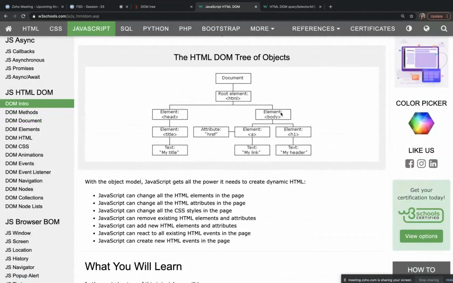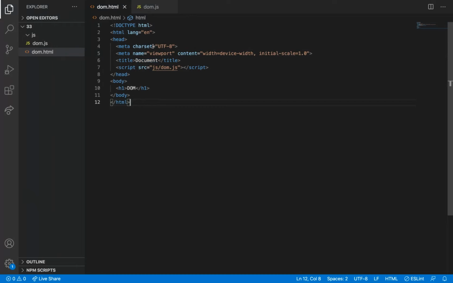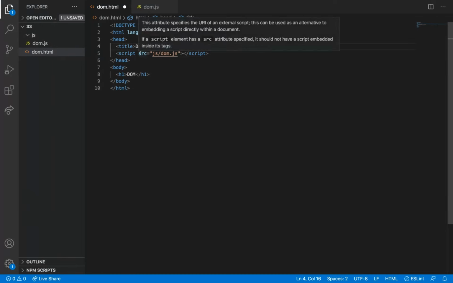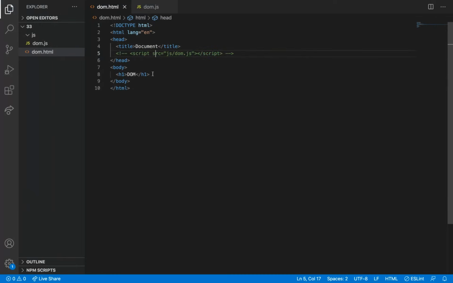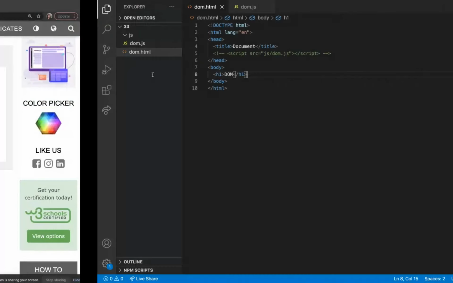So here in the body tag, what is present? There are two elements: an a tag and an h1 tag. The a tag has an attribute href. The h1 tag has the text my header. So by seeing this, I can write what is there.